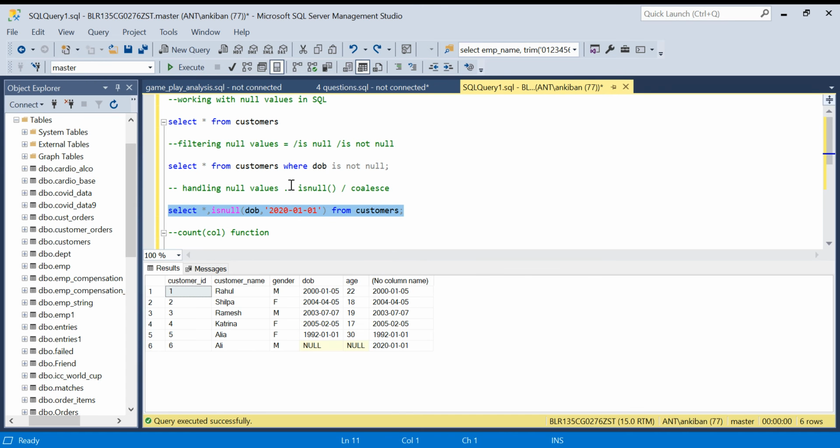Okay. This is one way. There is another way of handling null values, which is the COALESCE function. In the ISNULL function, you can pass only two parameters: first is the column and second is the default value if they are nulls. In COALESCE, we can pass more than one value. For example, COALESCE date of birth. Now I can pass multiple columns here and it will pick up the first not null value. So date of birth, let's say null, null, and then I'm putting the same.